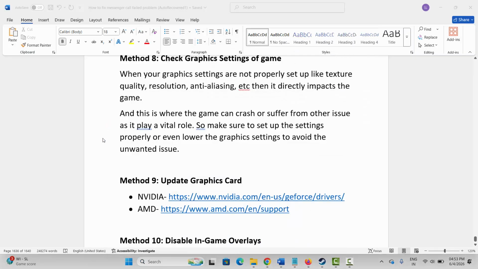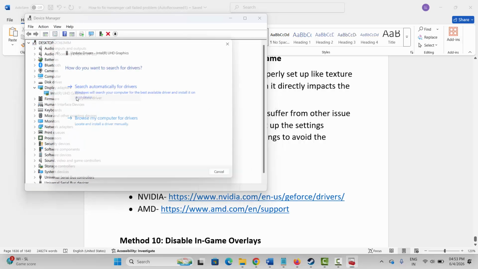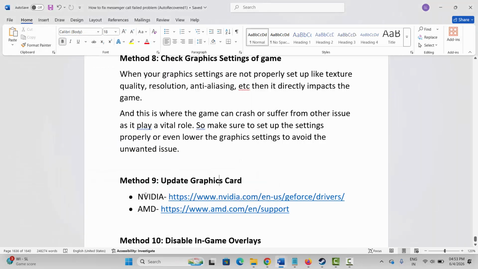Now here you have to expand display adapters. Select your graphics card, right click on it, click on update driver and then click on search automatically for driver. So this will check and update your graphics drivers. Once done, launch the game and check. NVIDIA and AMD users, go through the link already provided in the description and you can easily update your graphics